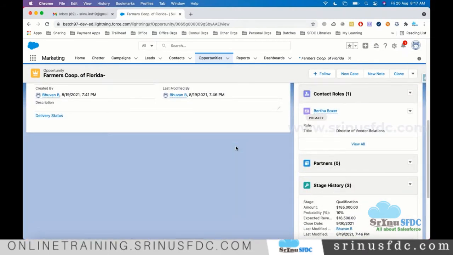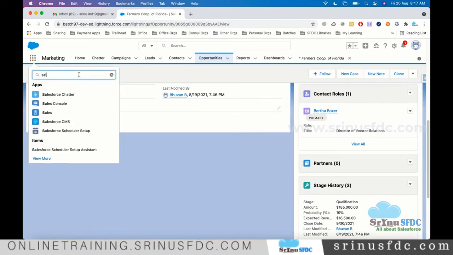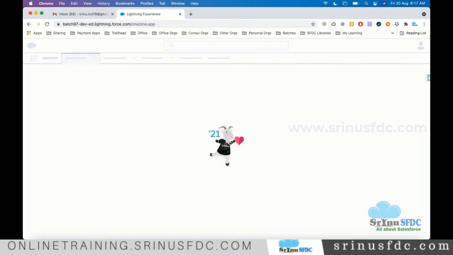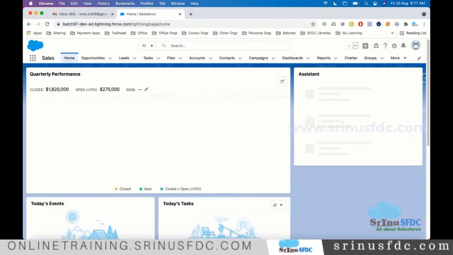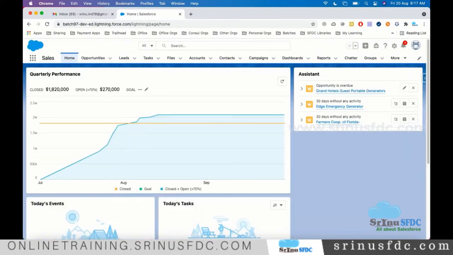In each and every phase, what is happening will be controlled here. Basically, marketing reps, when they use the marketing application, really don't deal with closing the opportunity, right? The main job of closing the opportunity is done by the sales representatives. If you open the sales application, in the sales application you will also see the opportunity. Maybe marketing people just look into the opportunity, but really they don't change anything. So this is the place where sales reps mainly deal with the opportunity.